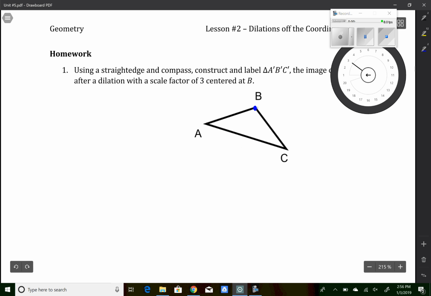So that means A and C are going to move further away from B since the scale factor is larger than 1. Right, for the constructions, I'm always going to give you a scale factor larger than 1 because it just makes it easier for us to do, and we don't really get asked that too much on the Regents exam. So the first thing I have to do is I have to extend the line AB